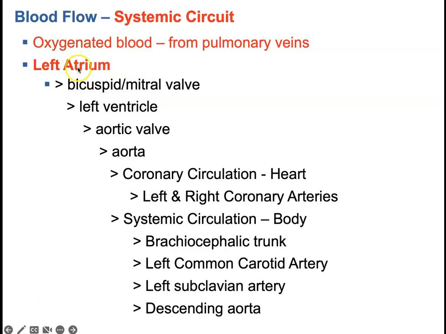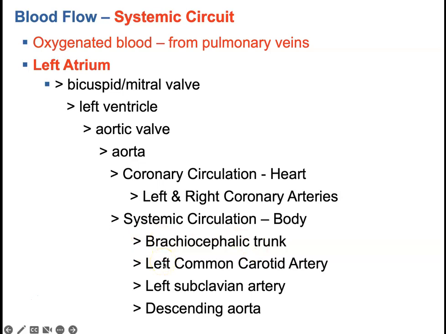So once it gets into the left atrium, the oxygenated blood will pass through the bicuspid valve into the left ventricle, then from the left ventricle to the aortic valve, into the aorta, and then it will go into the coronary circulation, which is the heart, through the left and right coronary arteries, and then into the systemic circulation, which